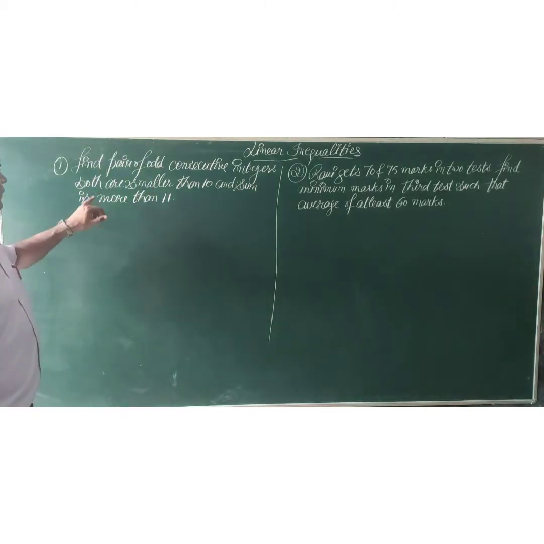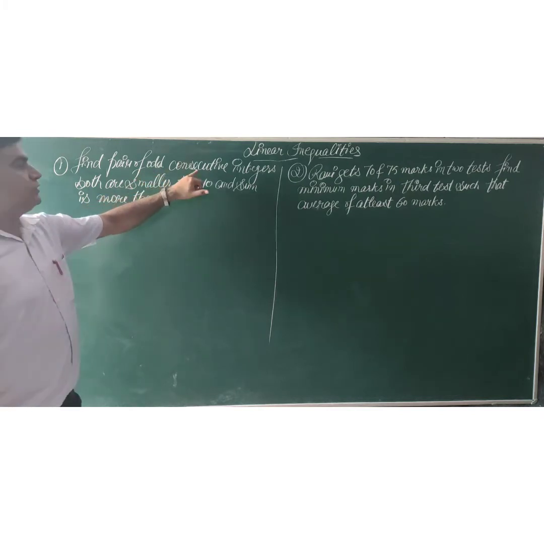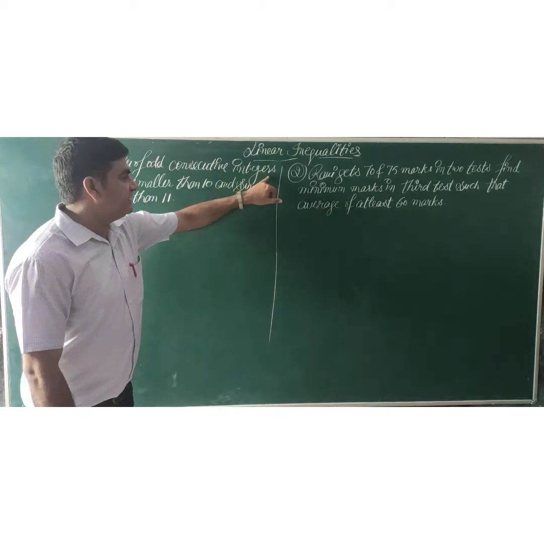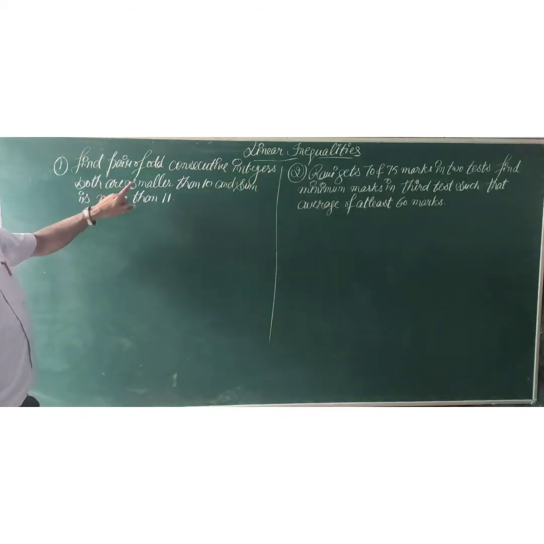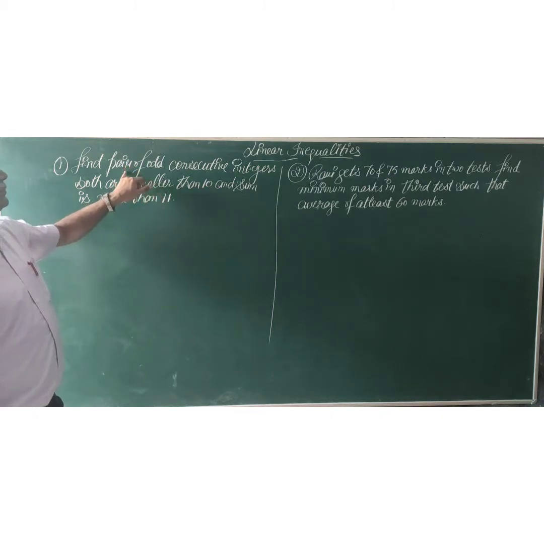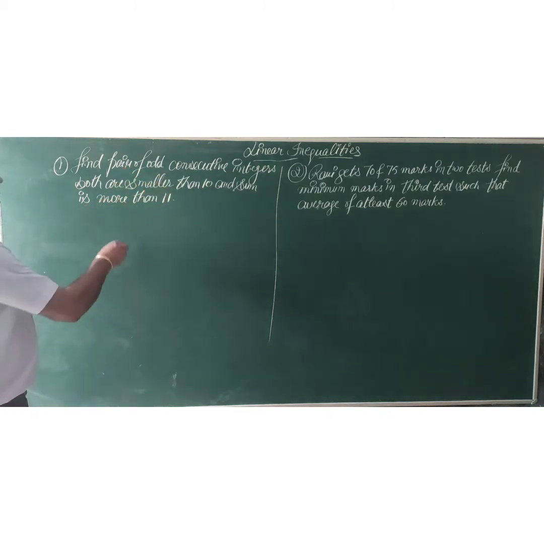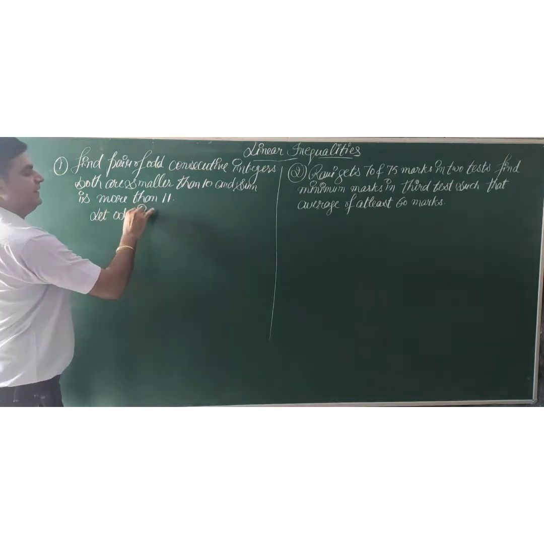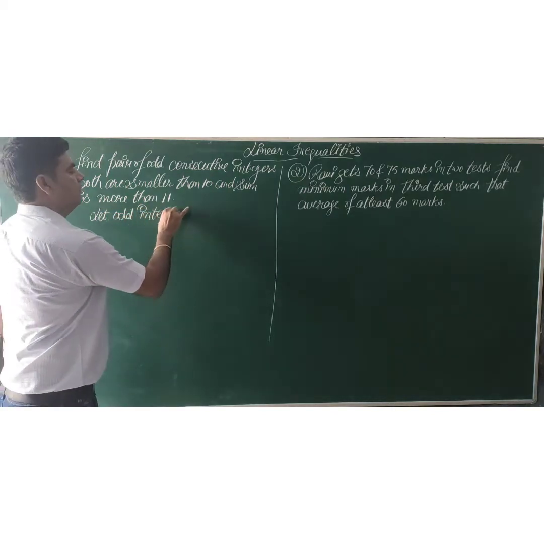If you see here, one of them is: find the pair of consecutive odd integers, as you know 1, 3, 5, 7, having a gap of 2, like 3 and 5. They differ by 2. Both of them are smaller than 10. First of all, we have to choose a pair, means a group of 2. So first of all, we choose, let the odd integers be